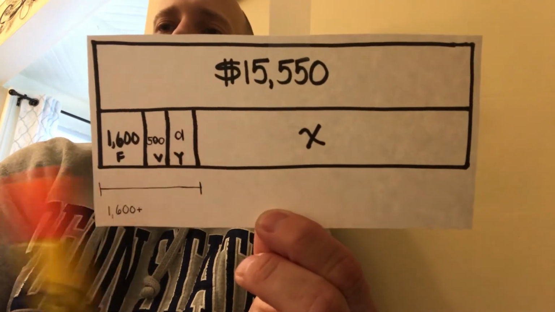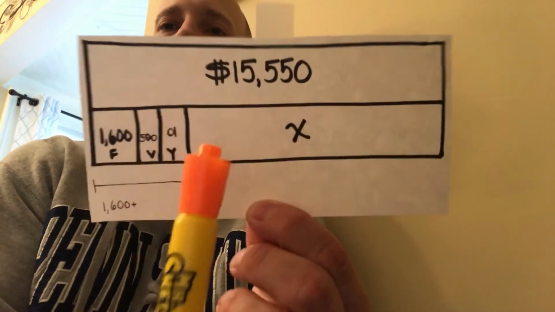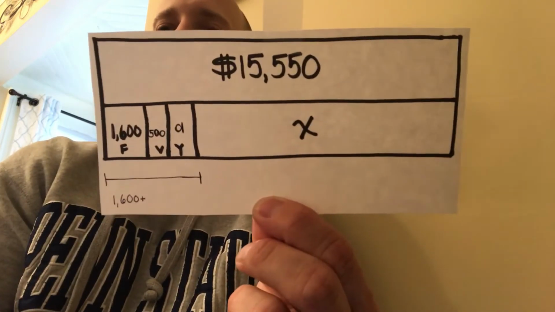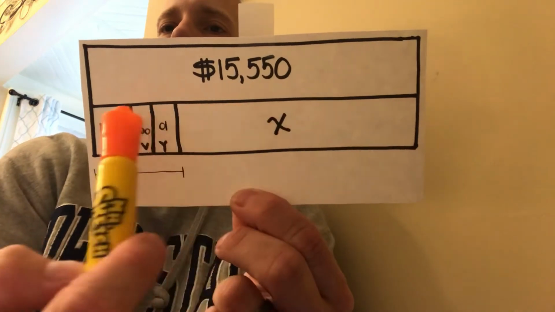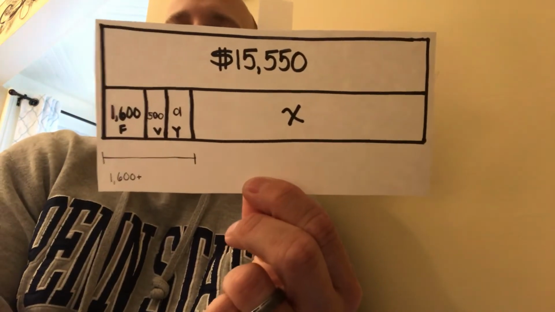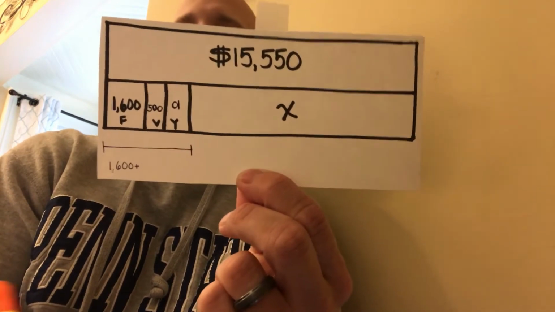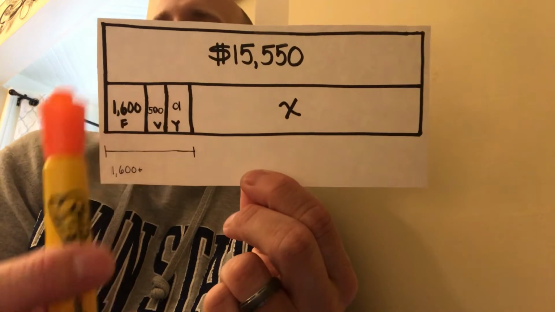And look how tiny I'm making these. Why? Because the whole class has 15,000. This is only 3 out of, there's 16 of us, 17 of us in the classroom. So there's a lot more kids that got a lot more money than just me, your friend, and you. Okay? Your friend, you, and me. So, set up our tape diagram. This is a missing link.